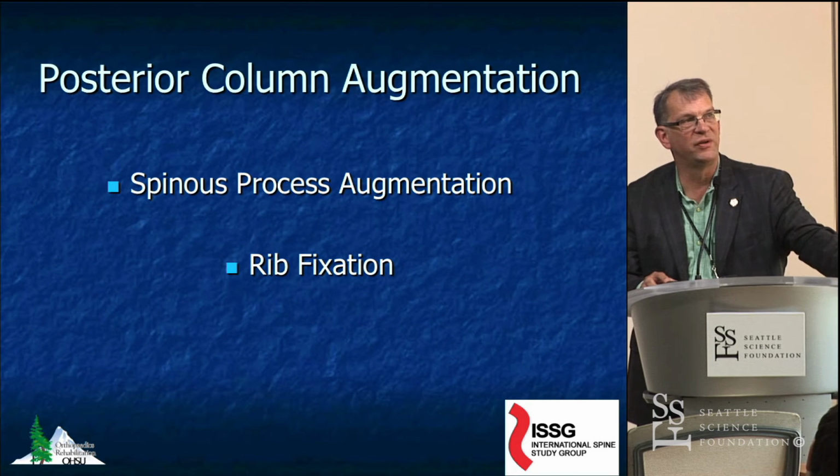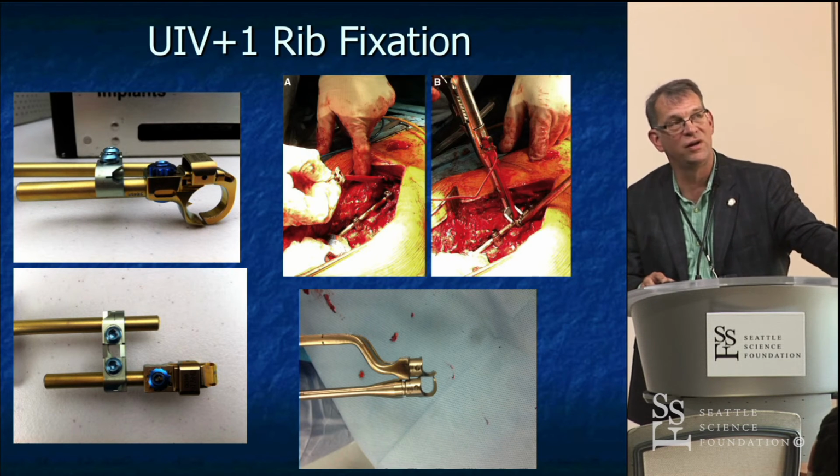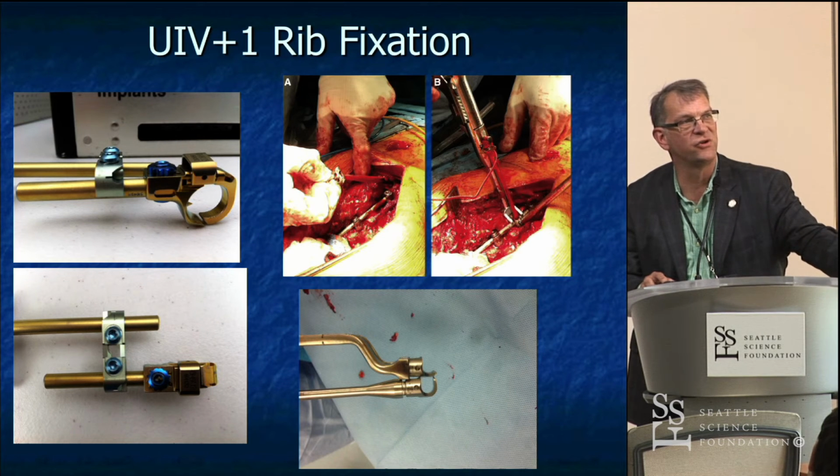And I'll describe the technique I use for that. And I'm happy to show both of these techniques in the lab if anybody has an interest. So we have done about 30 patients with an upper instrumented vertebrae +1 rib fixation. And so this is not a fused segment. We're performing fixation off the midline through separate fascial or in some cases through separate skin incisions with a variety